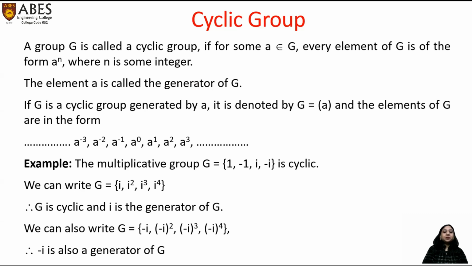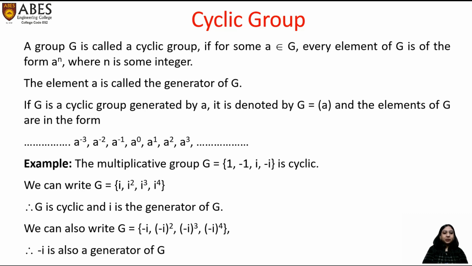This means all the elements of this group can be represented in the form of one particular element. This is possible in this case because we can represent all these 4 elements either in the form of iota power or in the form of minus iota power. For example,